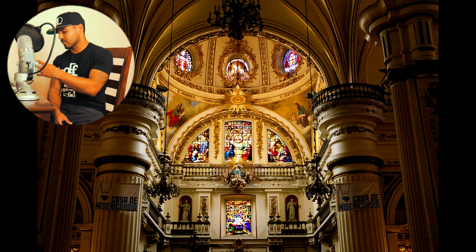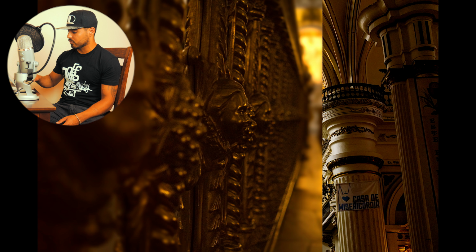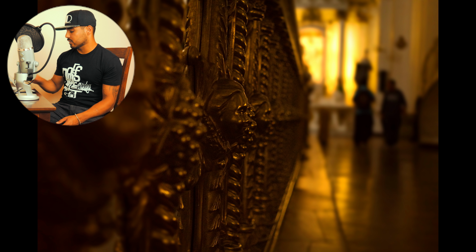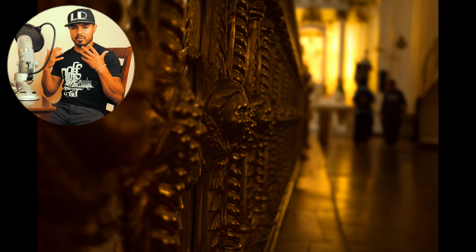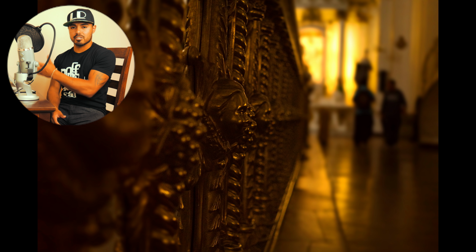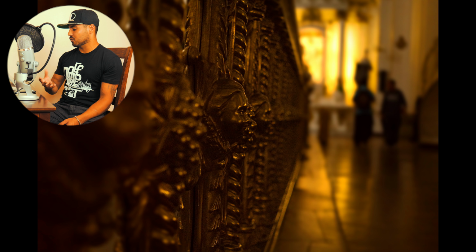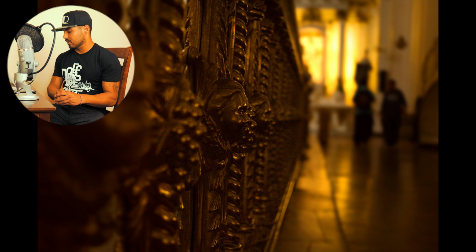Now this next shot is actually of the fence or the railing that's right below this dome, and this picture here, as you can see, is faces all along, all the way down. So these are angels that are looking towards the people sitting on the benches, which is really an eerie type of feeling. And I actually captioned it on Instagram. I captioned it "watching over us." So you have all these angel faces looking towards, and they look like children. They're looking towards the people sitting on the benches and the people that come to pray right there,